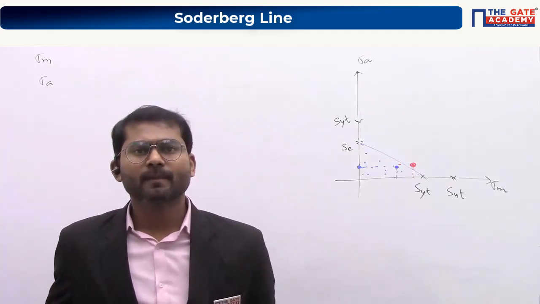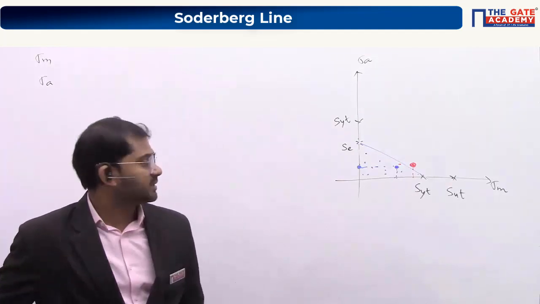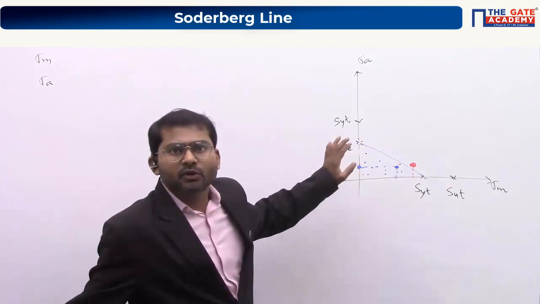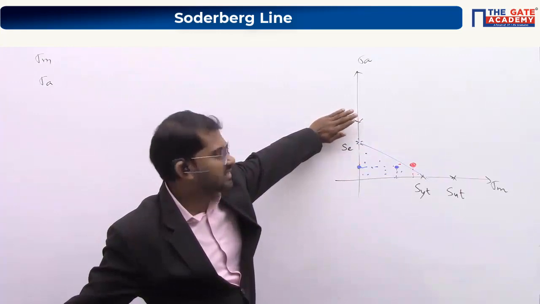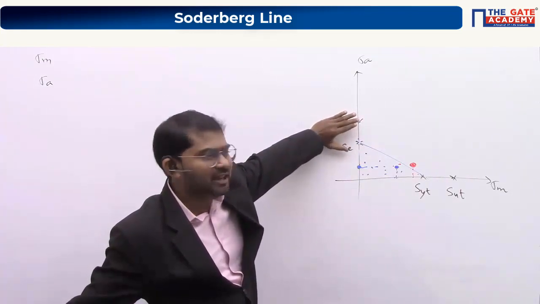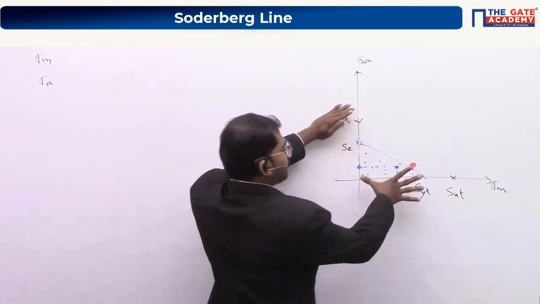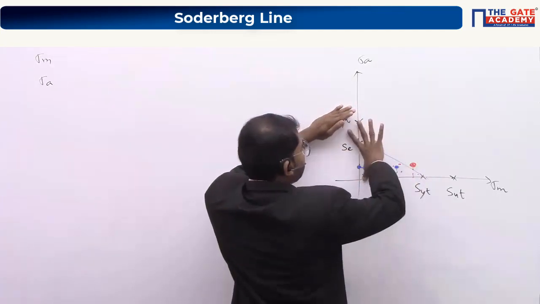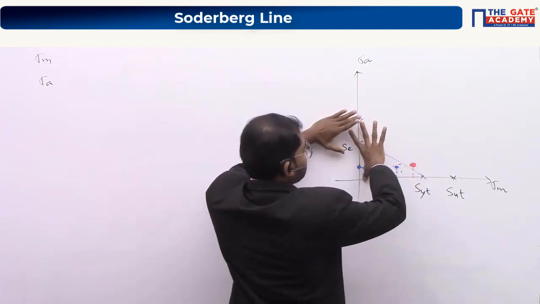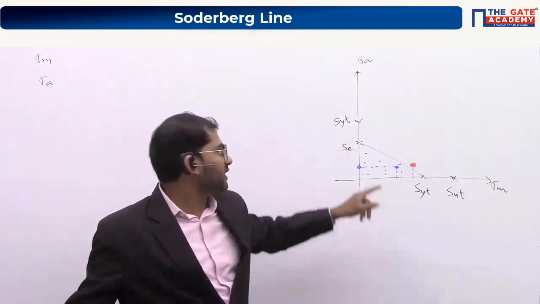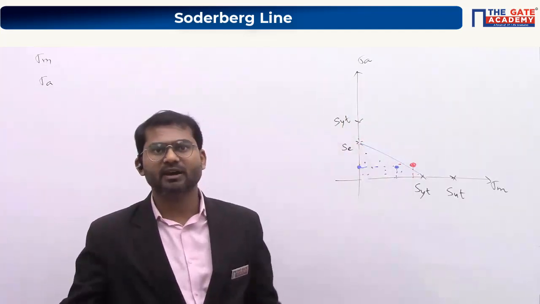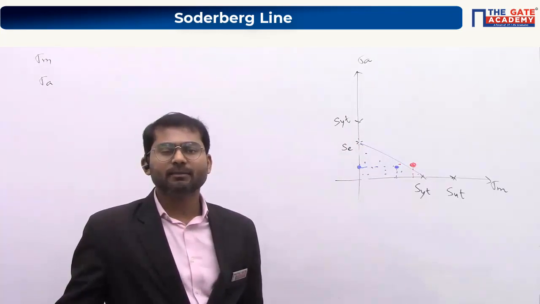Clear everyone? Why SYT on the y-axis? Abhimanyu, I just wrote SYT for your reference. I would like to show that the SE value should be less than SYT. So whatever length I took for SYT, I took it here and showed that SE is less than SYT here. That's it. You are not going to see any physical significance of SYT on the y-axis or sigma A axis here. So everybody clear about this?